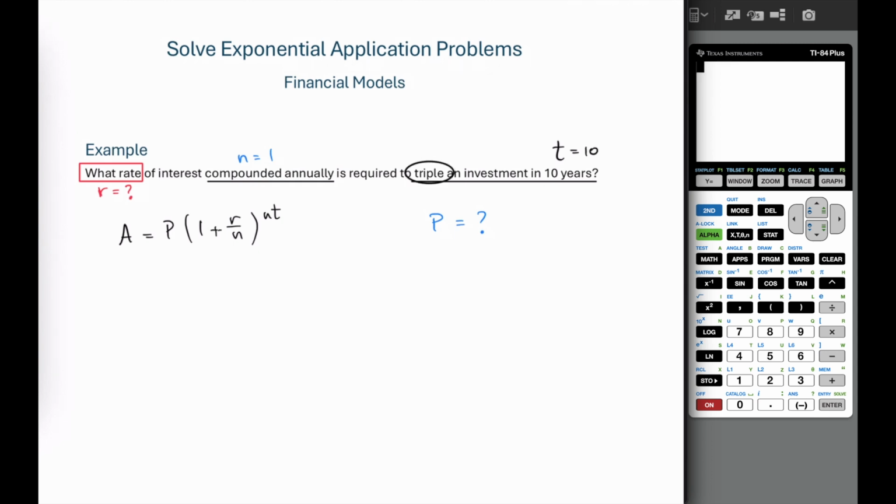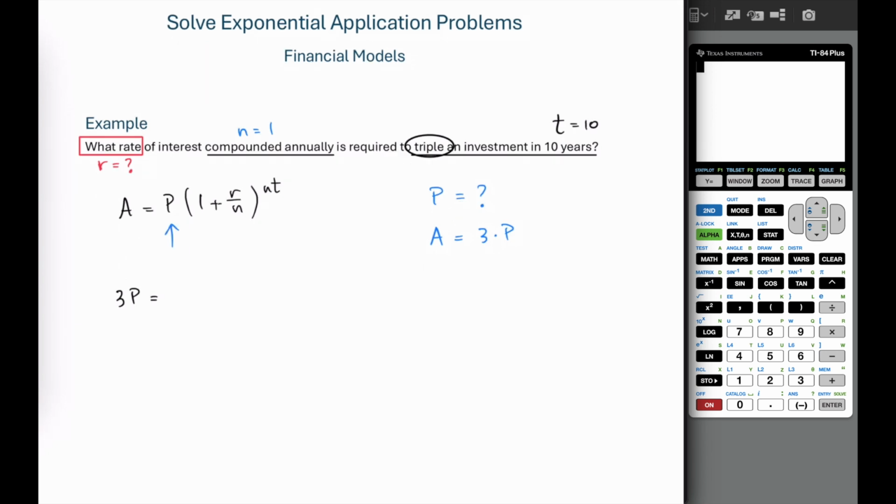And the fact that we're tripling the investment means that while we don't know what the initial principal was, we do know that the end amount would need to be 3 times that initial principal. So let's see if that's enough for us. For the maturity value A, let's plug in 3 times whatever the initial principal was. And again, we don't know what that principal was, so we'll just hold that spot with the variable P, times